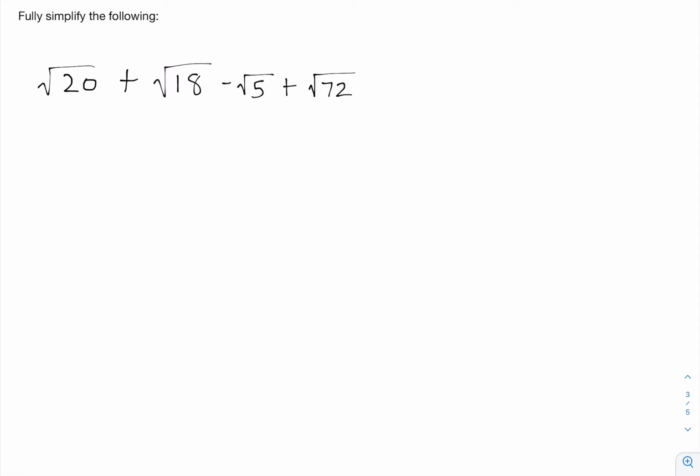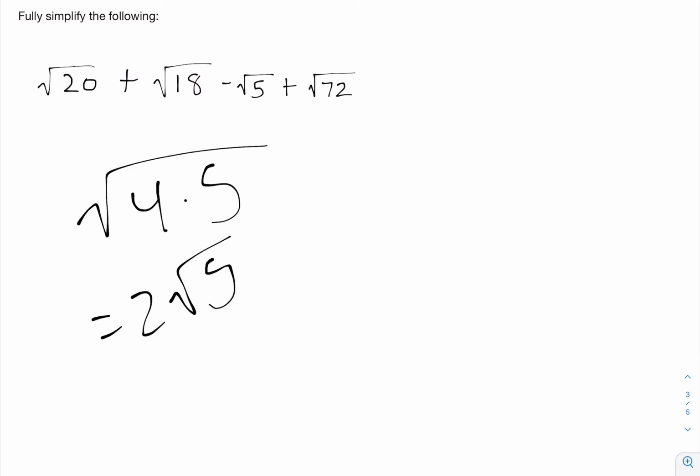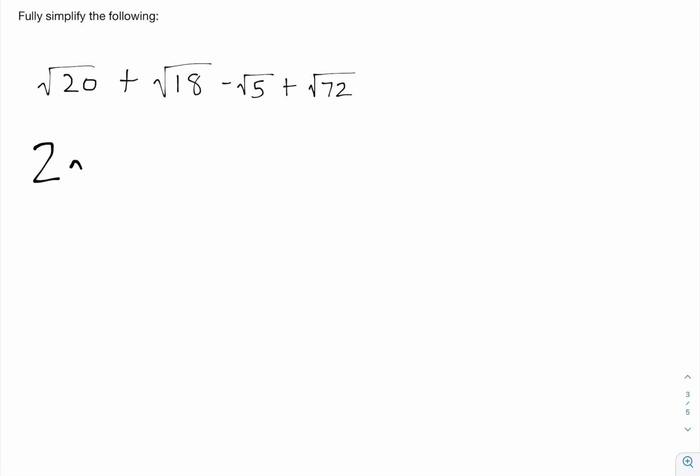Okay, so we have to think of perfect square factors of 20. So 20, we can break that up into 2 and 10, right? Or we can break it up into 4 and 5. And 4 and 5 is good because we can split this 4 into 2 and 2. So 20 is the same as 2 times 2 times 5. So if we have the square root of 4 times 5, the square root of 4 is 2. So this equals 2 times the square root of 5, because the 5 is what's left over. So this is going to be 2 root 5 for our first term,